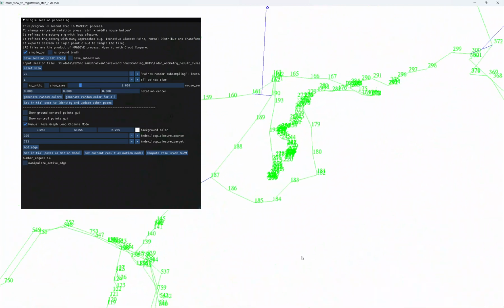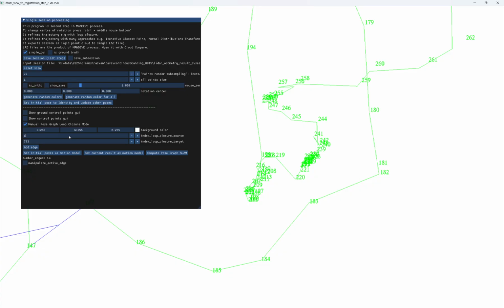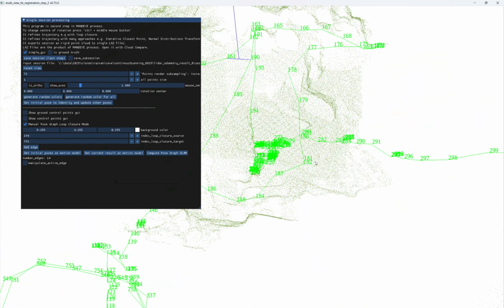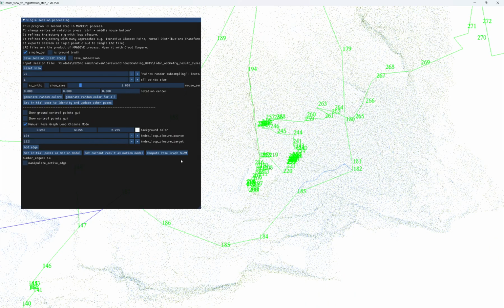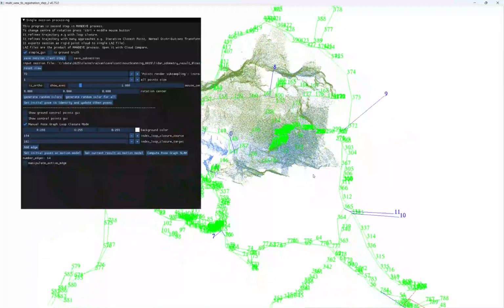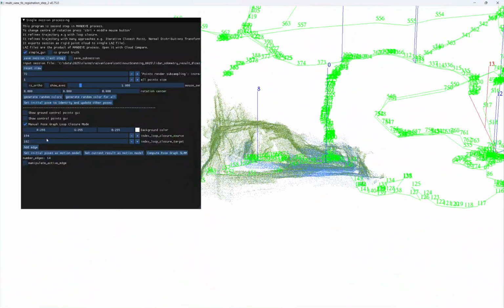Maybe this one would be nice, that we have 194, okay, and we have 182. 182, yes, it is a very nice, very promising spot. At edge, we make ICP several times, and then compute postgraph SLAM. Okay, so